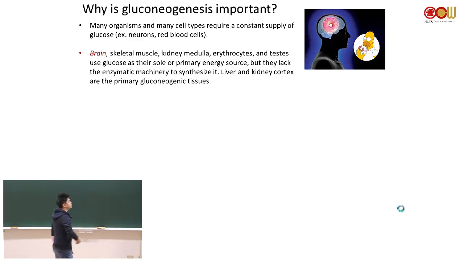For example, neurons. Okay, your brain basically eats only two types of food. The first type is glucose. The second type is this thing called ketone body. We'll talk about ketone body when we get there. But your brain does not like to take ketone bodies, right? Which is why if you are sort of short on glucose, you don't get very happy, right? You have a cranky mood, right? You're going to be very upset.